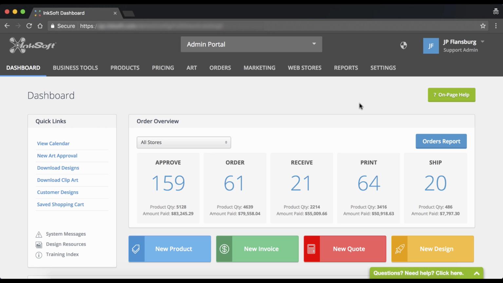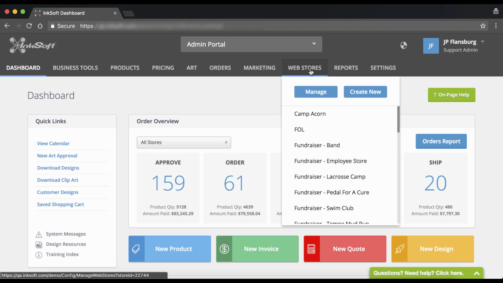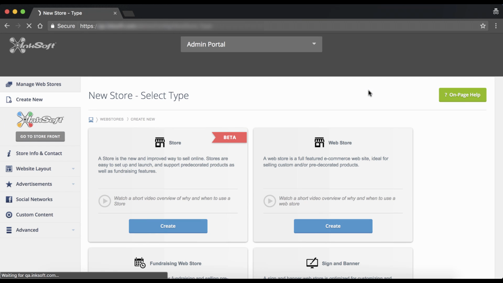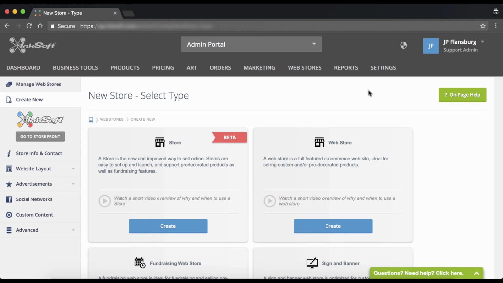Now that I'm logged in as an InkSoft administrator, I'm going to hover my mouse over web stores and click the button that says create new. Now once I make that selection, here we can choose from the various store types. Now, of course, store types are relevant to the license type that you have. But what you'll notice is the very first option is the new InkSoft store platform, and you can see that